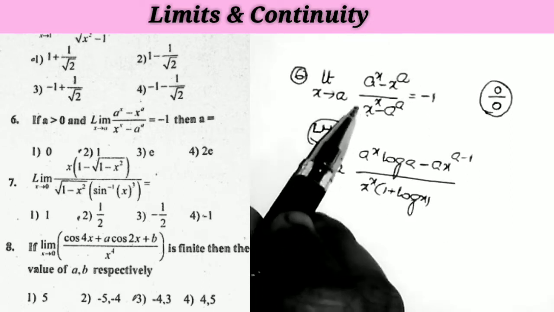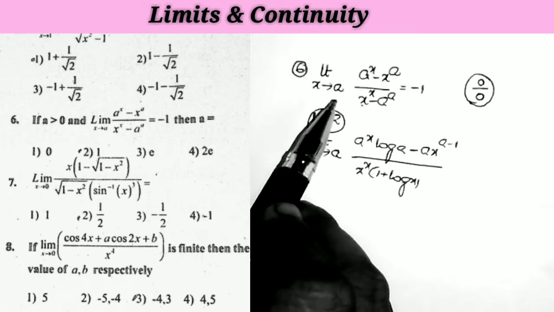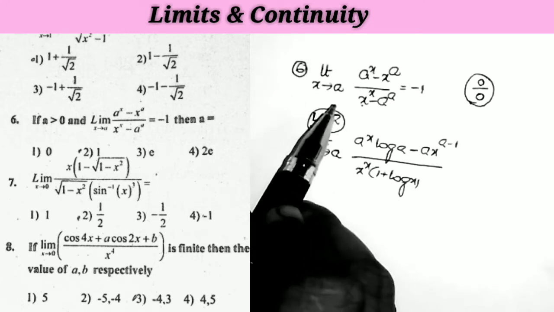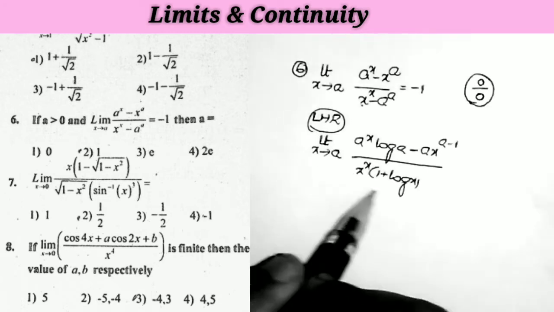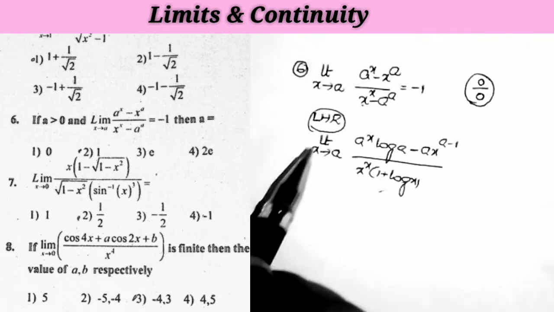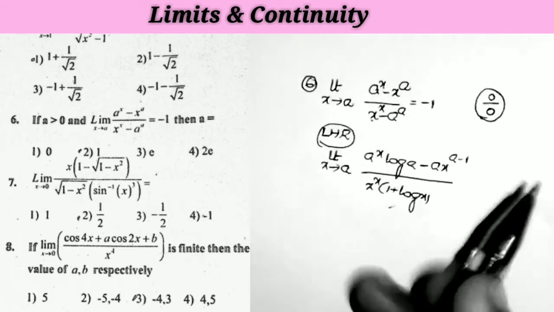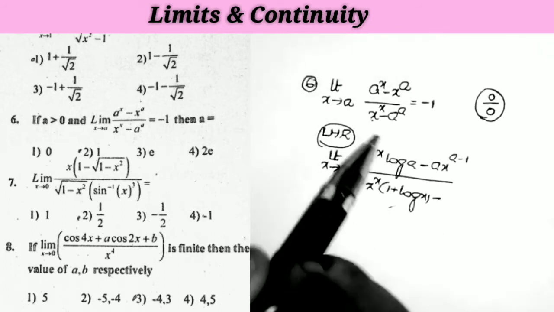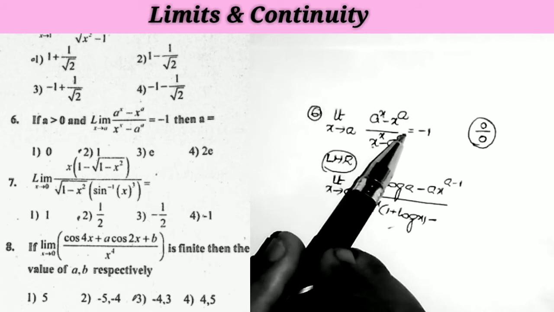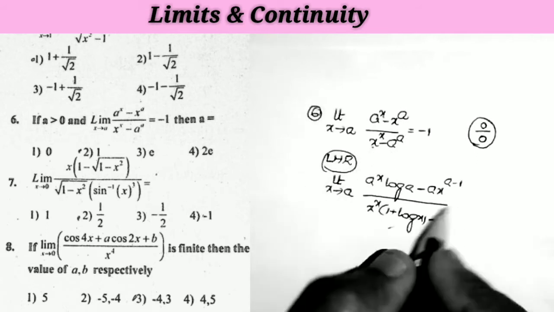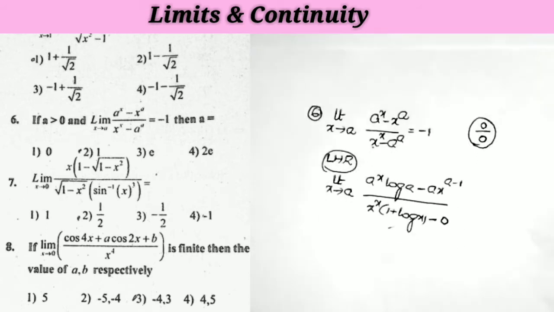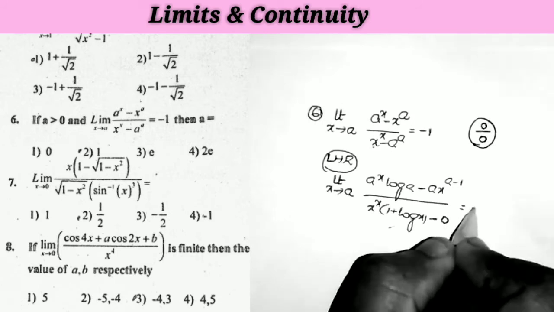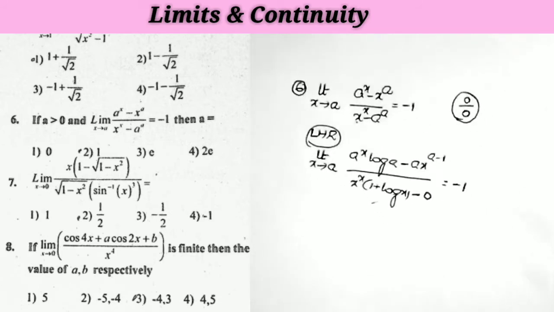This is a direct formula. How do we take the derivative of x^x? Just apply the logarithm. First we take y equal to x^x, then apply the logarithm and find the derivative. After doing that, we get this answer, so we directly use this value as the formula. Minus a^a: a is a constant, so the total value is a constant, and the derivative of a constant is 0. This is equal to −1. Just doing the derivatives here.